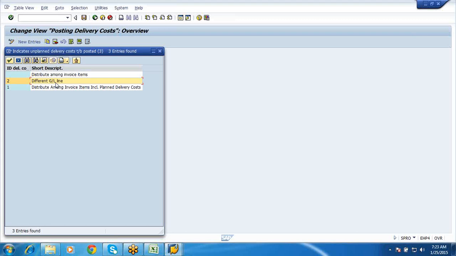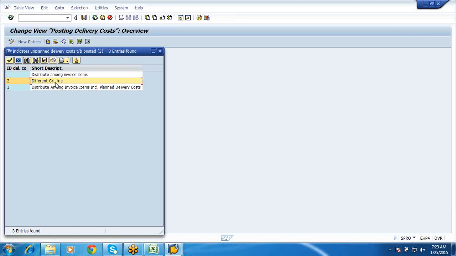Next, these are the basic configurations which I know, because I am not configuring anything here because it is all standard. Once I copy from the 1000 company code, everything gets copied for your company code also. Just for knowledge purposes I am going through the configuration details.